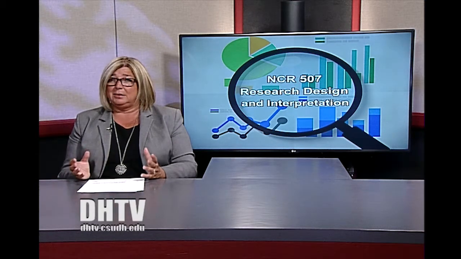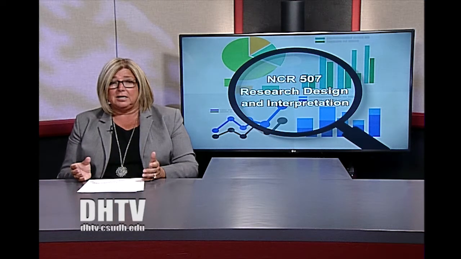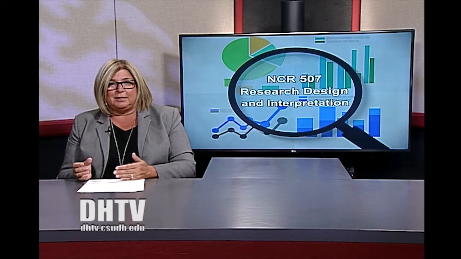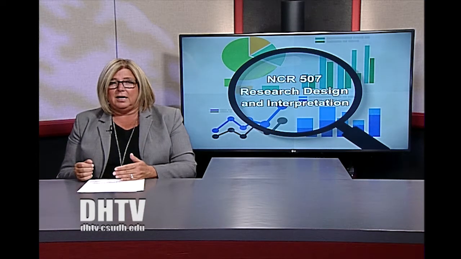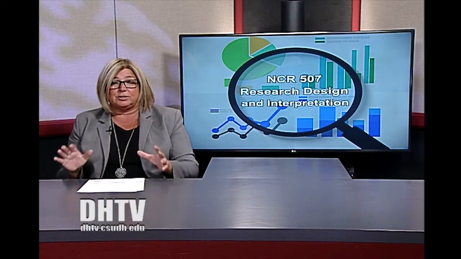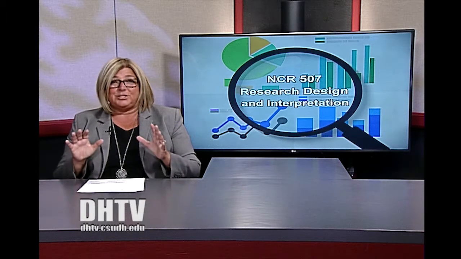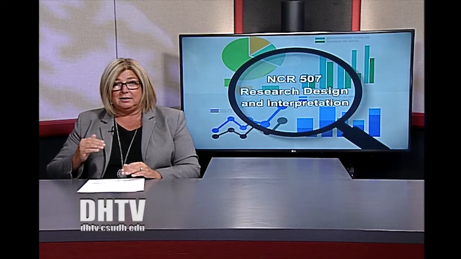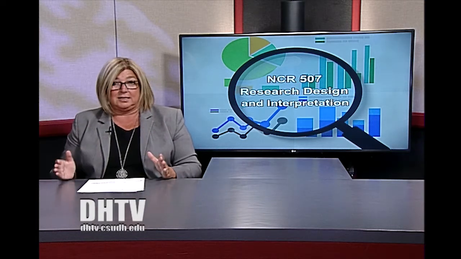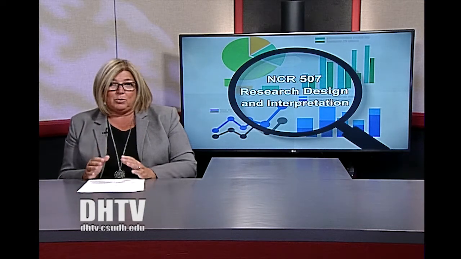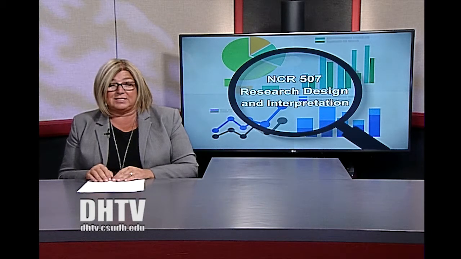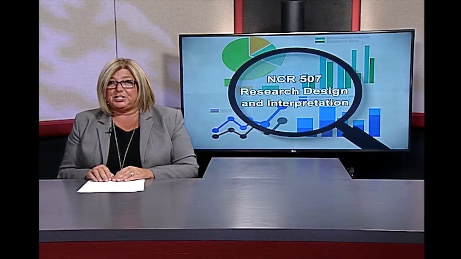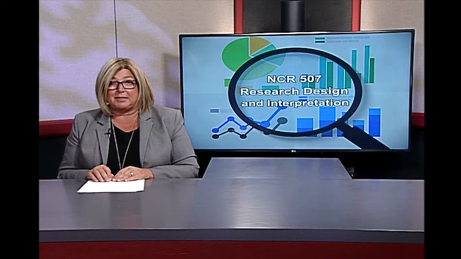Overall, how we think about research design and interpretation is to think about the idea that all of this has to be systematic. In other words, we don't just haphazardly do research anymore. What we do is we take special steps to make sure all of the different conditions are met, and we follow specific processes. So the next clip I want you to watch is of Dr. Claudia Lum, and she is a science educator, and she shares her thoughts about the scientific method.